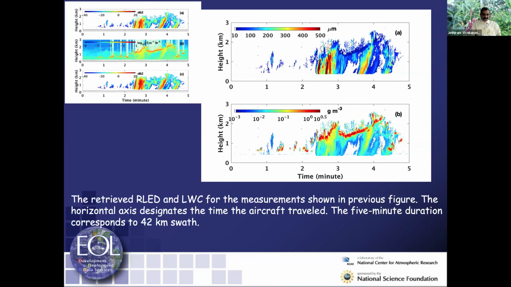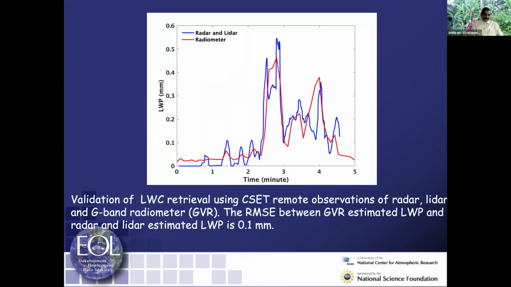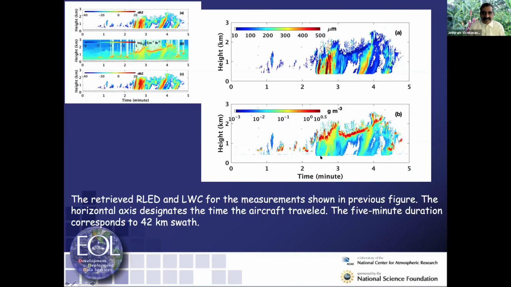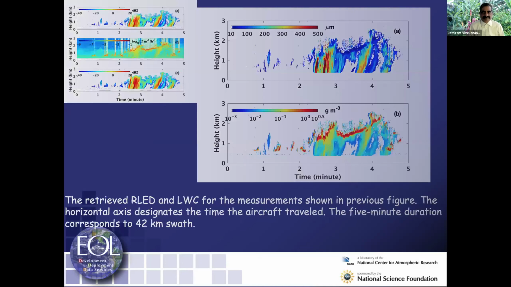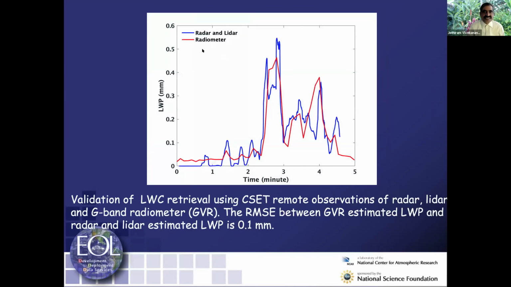So the 40 kilometer swath. This is the last but one slide where I did the sum. Let's go back to the previous slide. What I did was take the liquid water content in the bottom panel and sum it up all the way up to whatever I could measure. It's a liquid water path. That is compared with the radiometer measurements, W-band radiometer measurements, G-band radiometer measurements. Here, the red curve shows the radiometer, same 5 minutes time frame. The blue curve is from the radar and lidar, what I summed up as liquid water path,